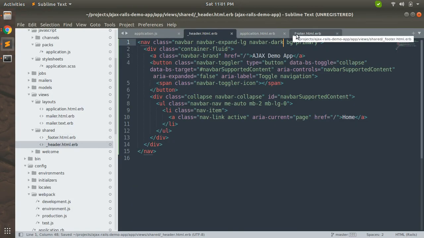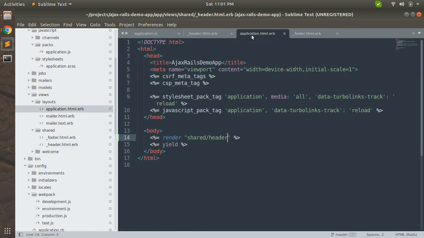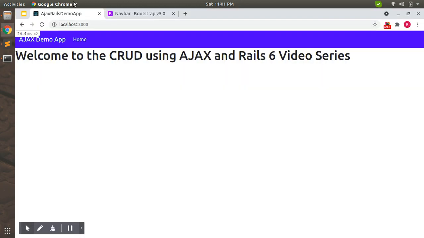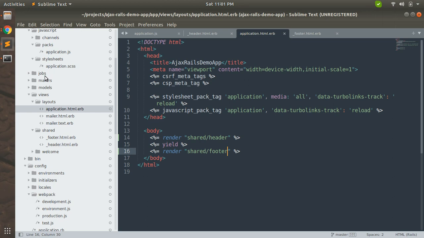Same for the footer, and the footer must be at the bottom of the page. So we need to render this below the yield tag, that is render shared/footer. Save it, refresh the page. Nothing happened here.